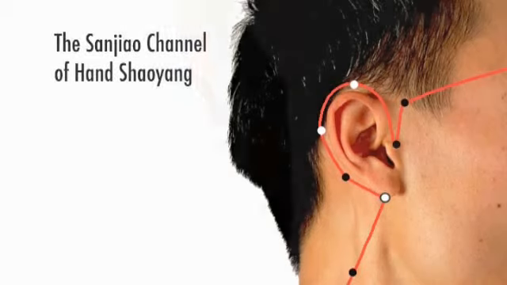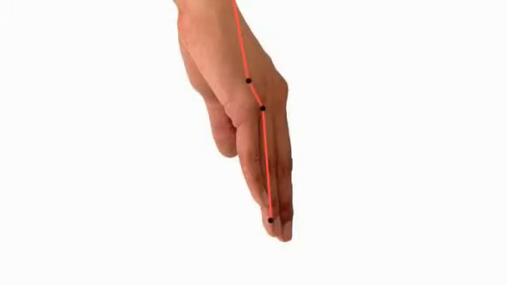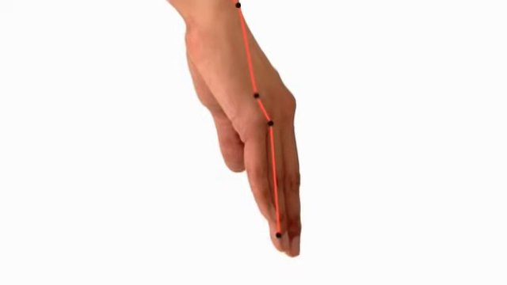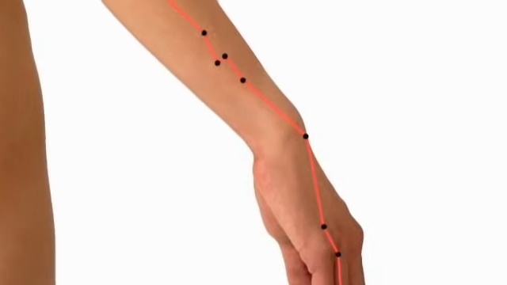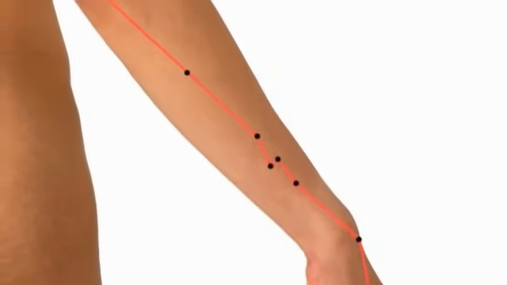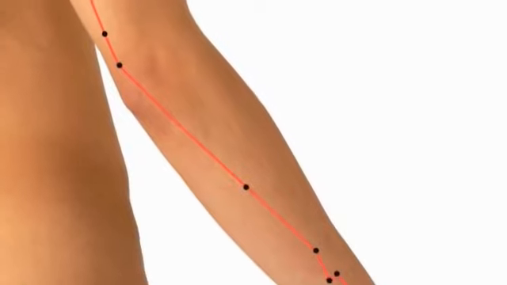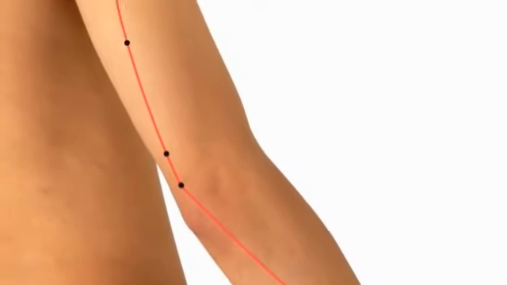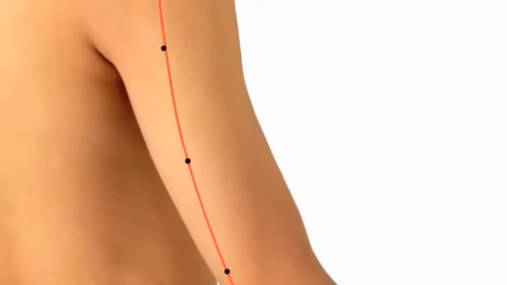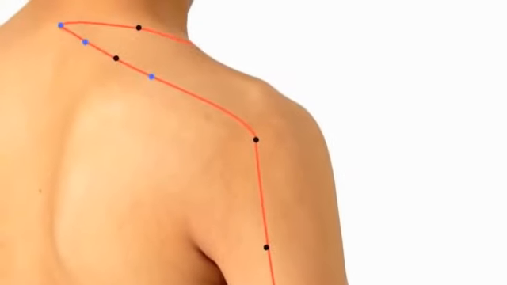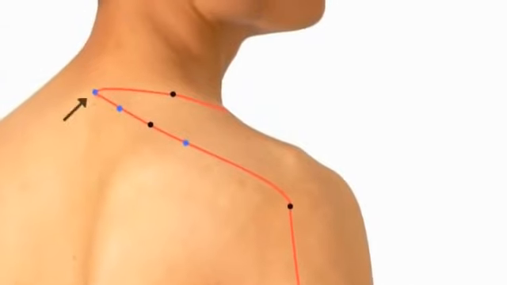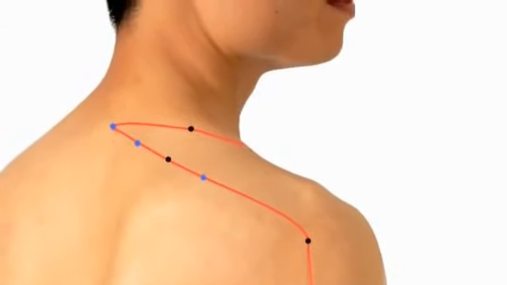The Sanjiao channel of hand Shaoyang originates on the ulnar nail point of the 4th finger. It traverses the dorsum of the hand and travels up the forearm in between the ulna and the radius. It then passes superior to the olecranon process and ascends the posterior aspect of the upper arm. The channel travels across the superior aspect of the shoulder to pass through DU 14 and moves anteriorly to descend